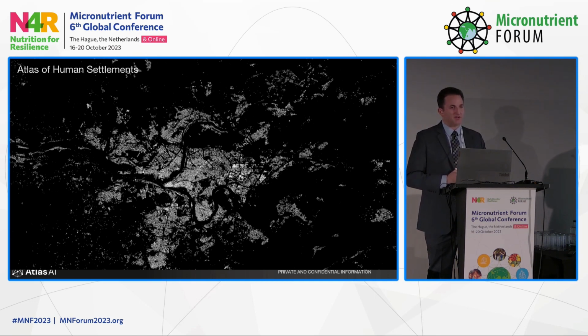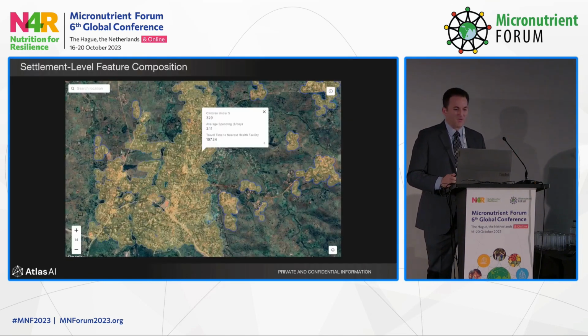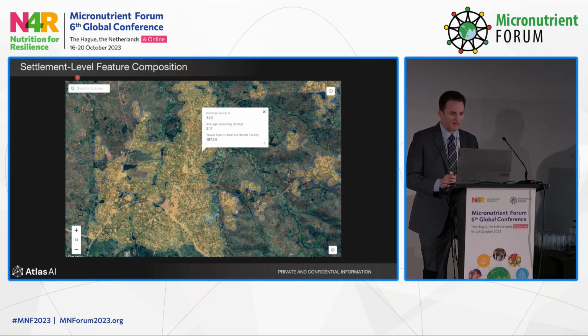And it can be updated quarterly so that we're tracking change and expansion and destruction of settlements in a way that often indicates where programs need to adapt in order to respond to emerging conditions. We also, and this is a bit of a tricky image to see within, but if you can follow the yellow outline here, this is the map of the individual village itself.